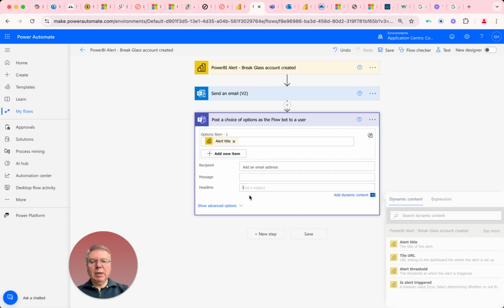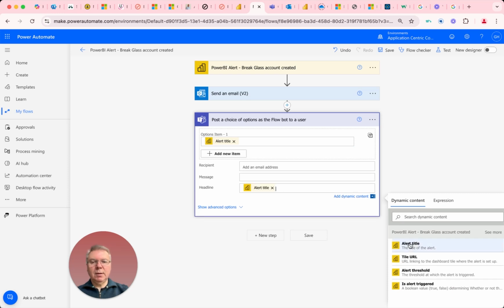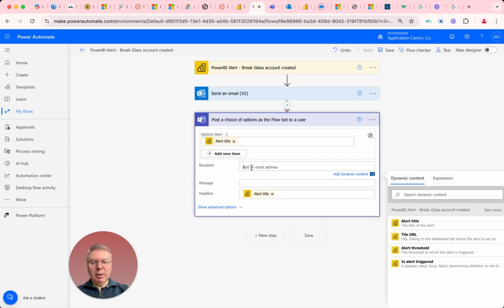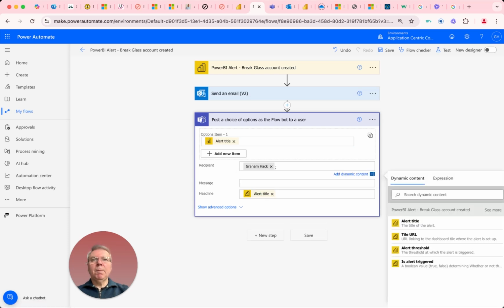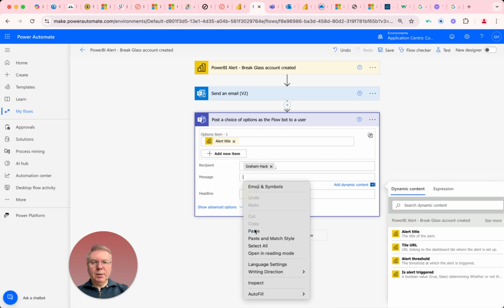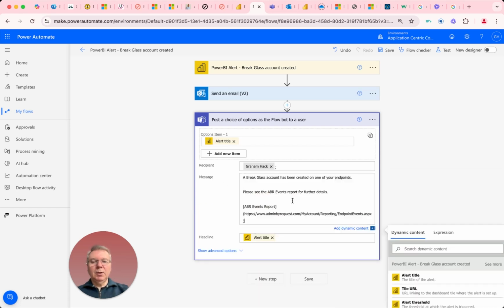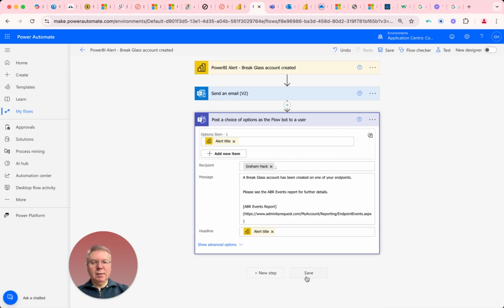So under options item 1, we can select the alert title. Similarly on the subject line, we'll add an email address, which is myself for test purposes. And on the message, I'll copy and paste something I've done. You will note that you have to put the link title in square brackets followed by the web address in regular brackets. If we click save on that,